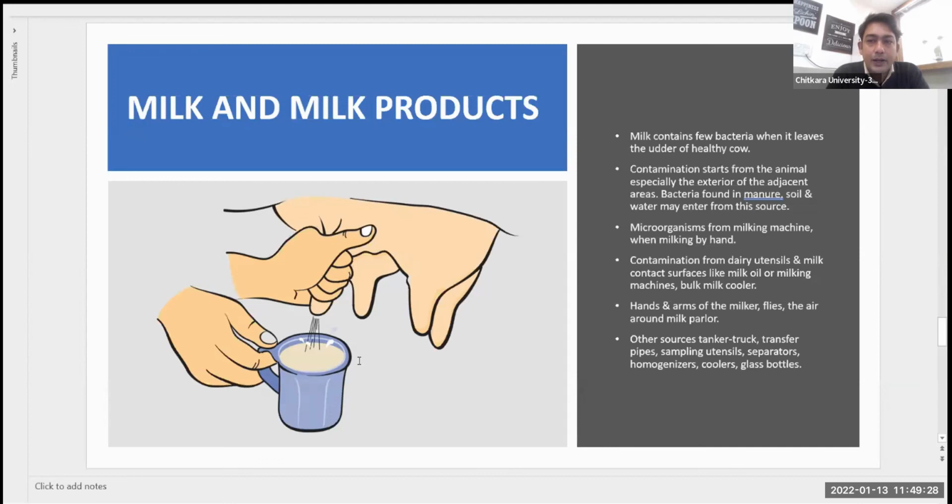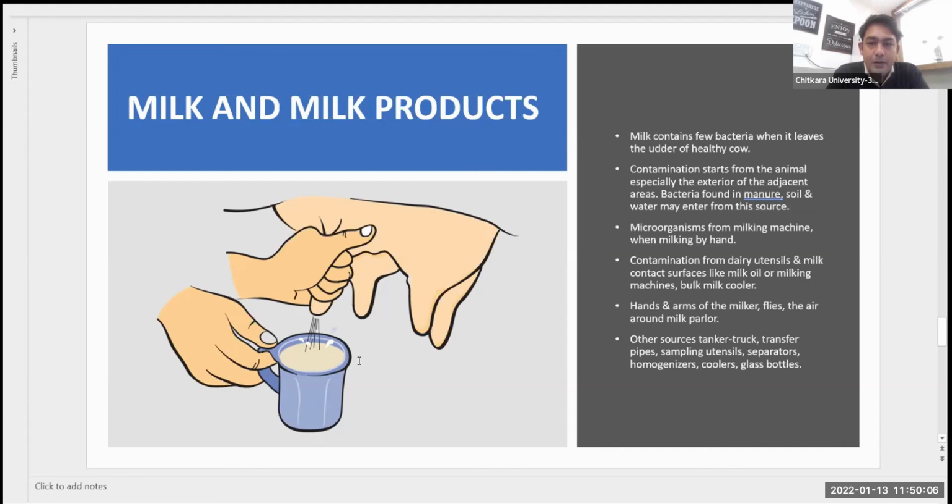Milk and milk products. Milk contains few bacteria when it leaves the udder of a healthy cow. Contamination starts from the animal, especially the exterior of the udder. So from inside there is no contamination, but outside of the animal, the contamination starts. Bacteria found in manure, soil, and water may enter from this source. So when we are extracting the milk from the cow or buffalo or any other animal, we should ensure that the exterior conditions are clean and hygienic, and there is no scope for bacteria to enter